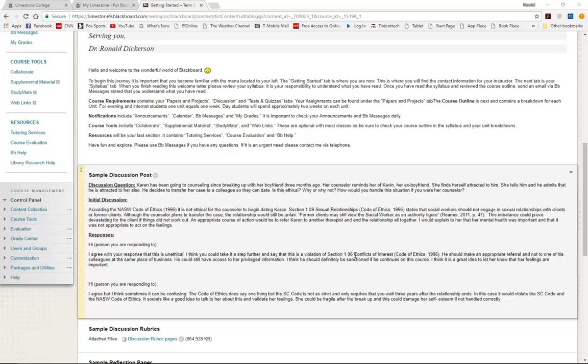So in other words, this particular sample posting basically supports with a reference, a documentation that supports the post, to include supporting the response to the peers. So when I look at your discussion post and your response to your peers, I should be seeing a citing for your initial response, and I should see a reference citing for your response to your peers. I can guarantee you if you fail to do this, you will lose points.